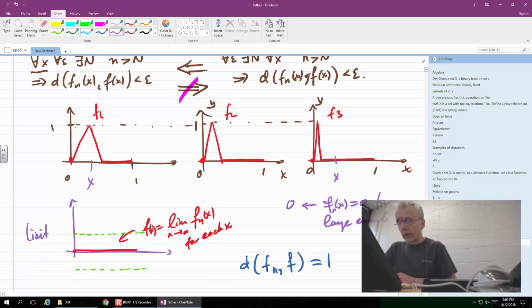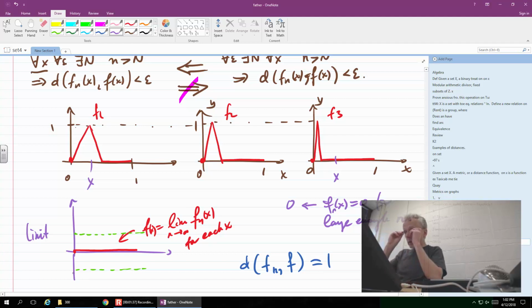It is quite clear that it won't fit. If I pick any band with width less than 1, say 1/2, that tooth will always stick out. So it's not going to converge in a uniform way, because the distance will always be equal